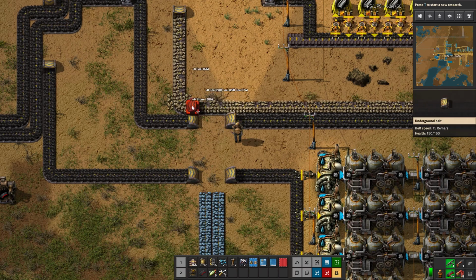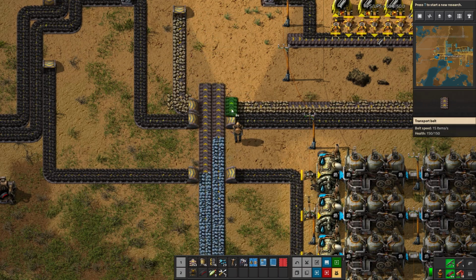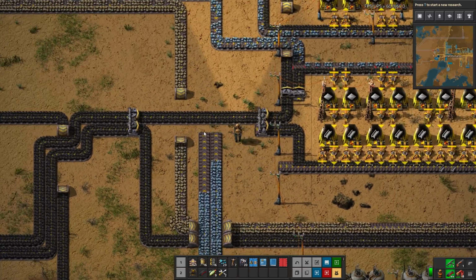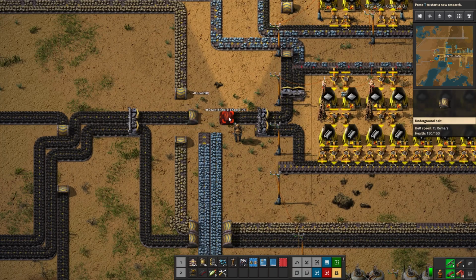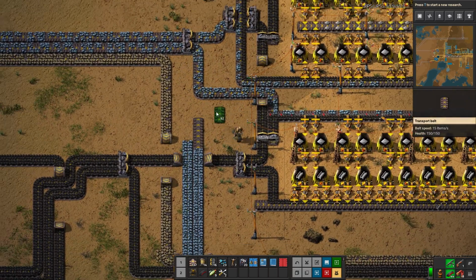So I'm just going to underground both of these. Since it's 2 belts, it's the same amount as undergrounding these, so there's not really an advantage one way or the other. For 1 belt like this, it's certainly better to underground this rather than undergrounding 2 belts. So this guy,